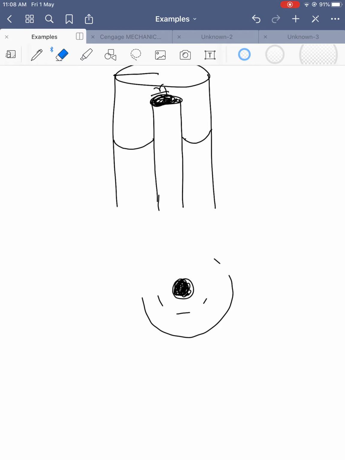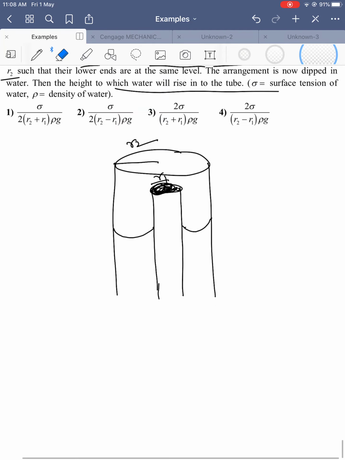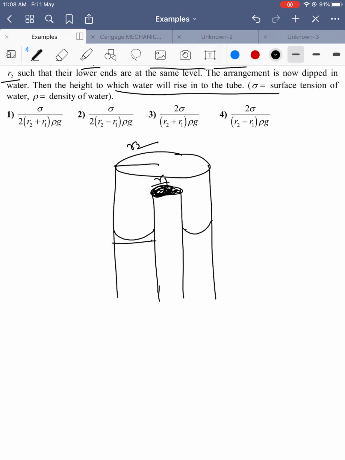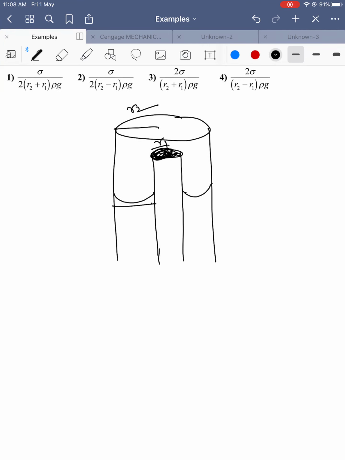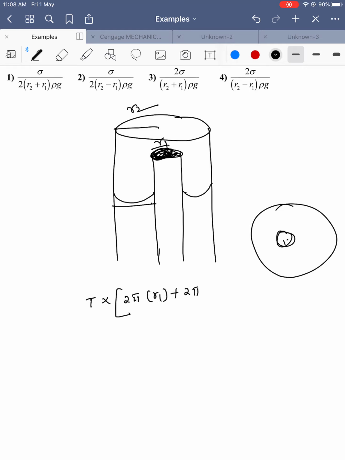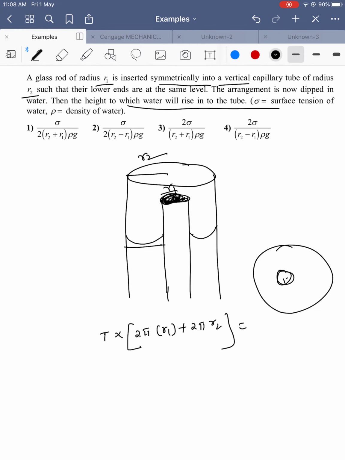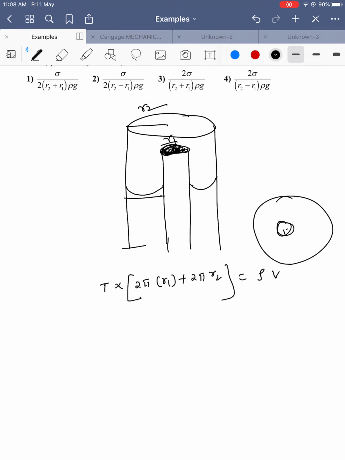So what is the surface tension force? Upward force must be equal to downward force. Here we can neglect the water level which is under this part, we can neglect. Such complicated situations we cannot do. Now upward force is equal to T into length for a disc. How much radius? R1, R2. It is equal to 2 pi R1 plus 2 pi R2, which is equal to the weight W. So how much is it? Density into volume into g.